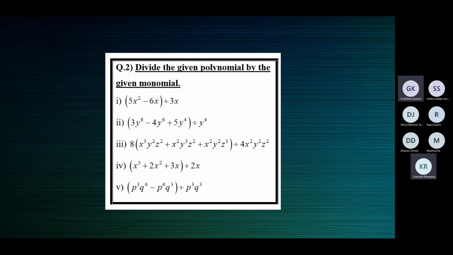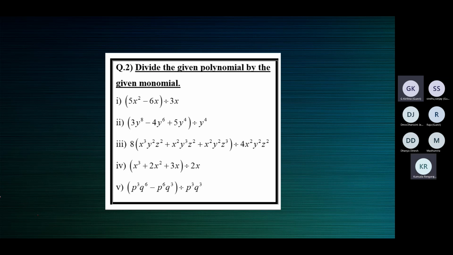Now here in these subdivisions, you can see that the numerator has more than one term, but the denominator has only one term. So this is dividing a polynomial by a monomial. Polynomial because the numerator has many terms, children. A monomial is also a polynomial. So dividing a polynomial by a monomial, the numerator can be a monomial, binomial, trinomial, anything. So the numerator is a polynomial.